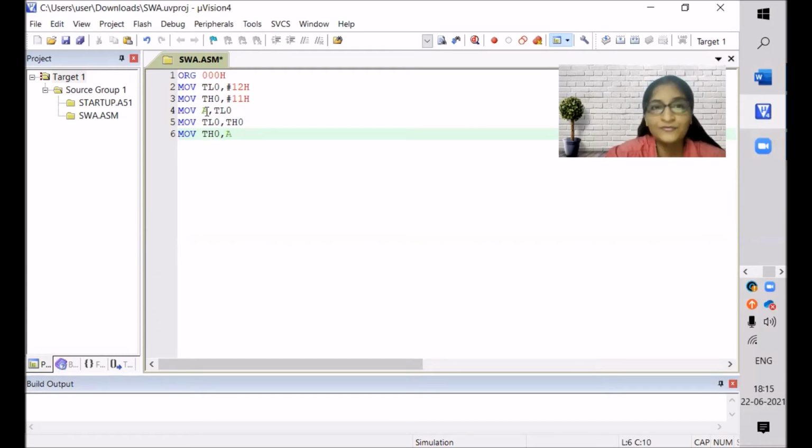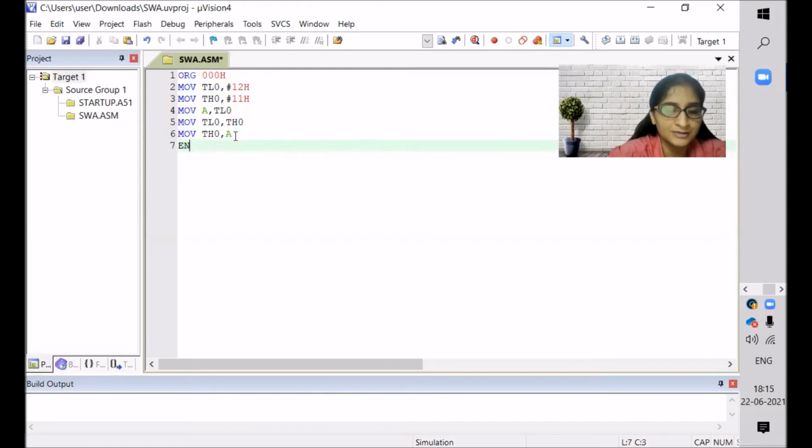In the accumulator, we have the value of TL0. So that value we are moving back to TH0. Now our process is over. The value of TL0 is transferred to TH0 and the value of TH0 is transferred to TL0, with the help of the accumulator. Now we will end our program. It's very simple.